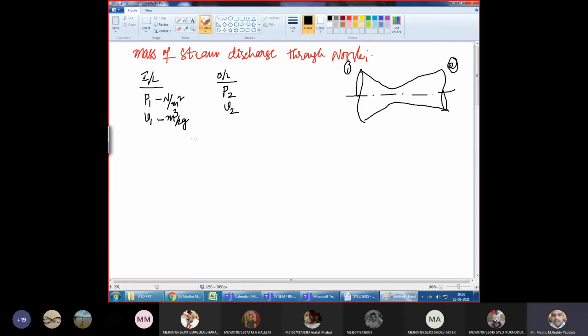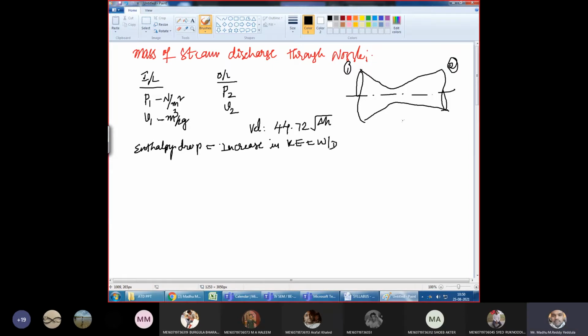Right. Now, as we know, the velocity of the steam passing through the nozzle, which we derived just now, is 44.72 under root delta H. So we can say the enthalpy drop is nothing but the increase in the kinetic energy. Enthalpy drop is equal to increase in kinetic energy, that is nothing but work done.